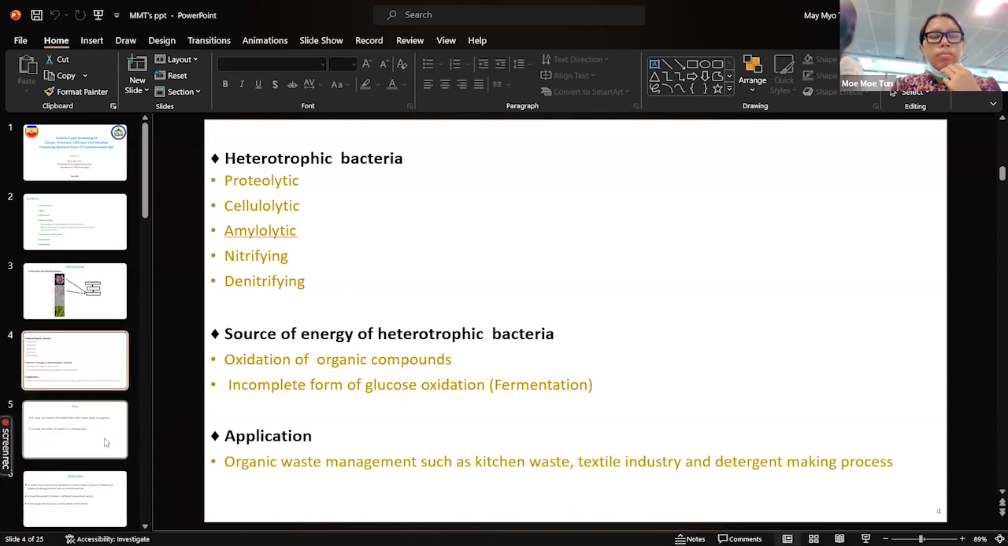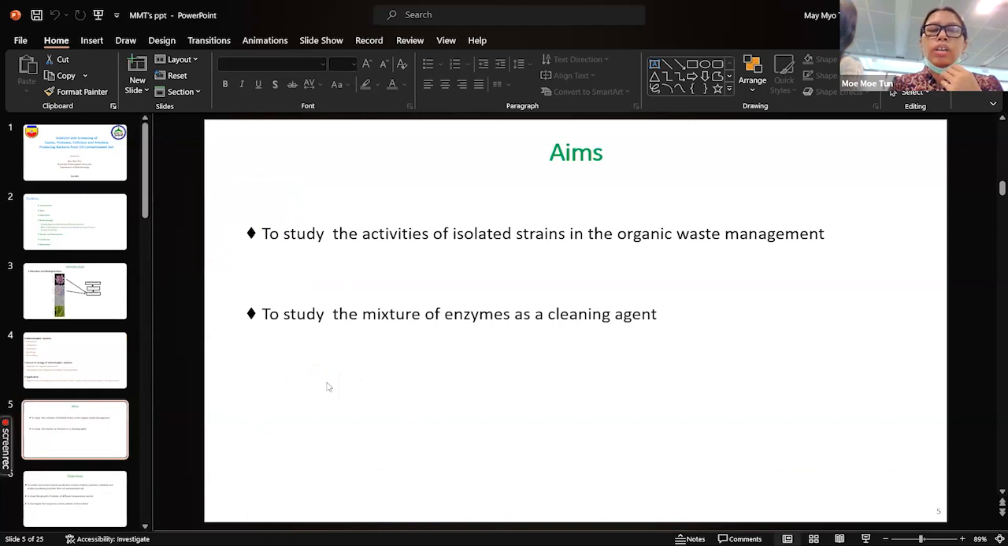The aim of my study is to study the activities of isolated strains in organic waste management and the studies of their enzymes as cleaning agents. And so I start